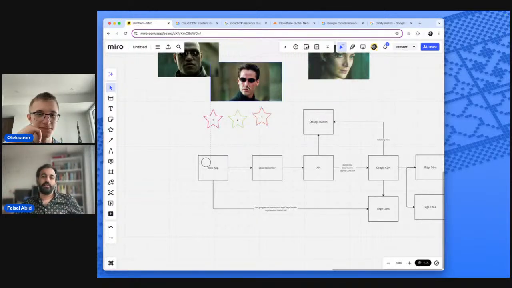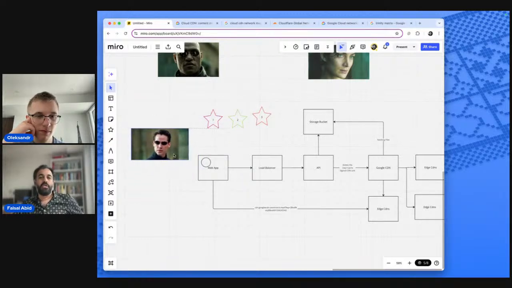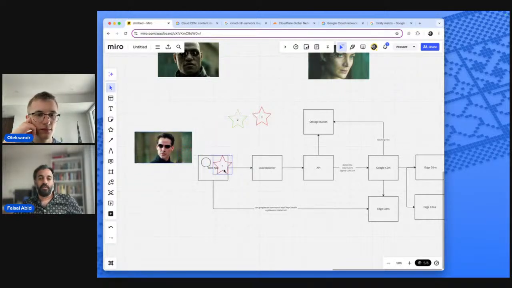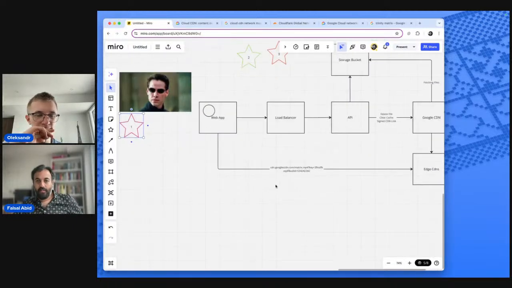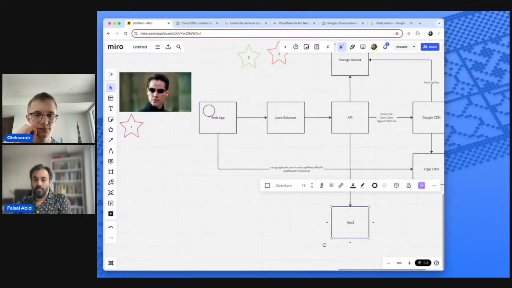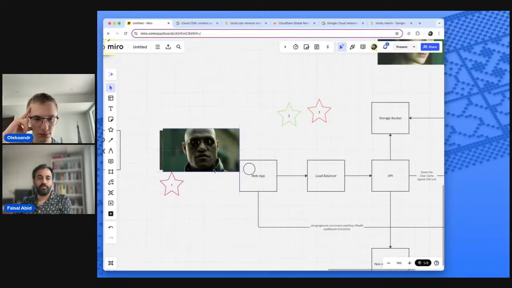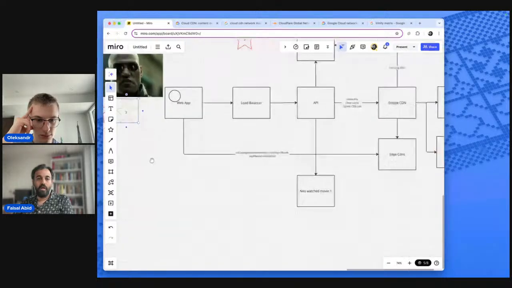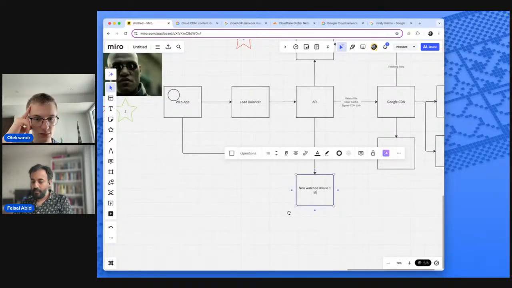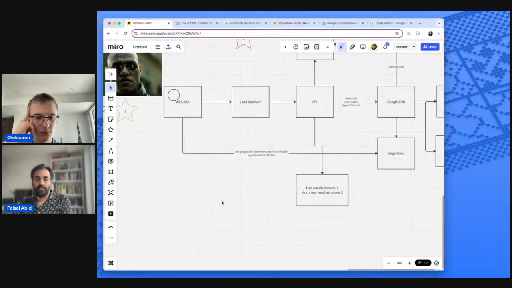I'm getting them served via CDN. So Neo comes on first, watches the first movie, and it does all the CDN stuff and comes back, right? Now somewhere in the database, what we are going to write is Neo watched movie 1. Then Morpheus comes on and watches movie 2. So there's the whole CDN stuff, and now Morpheus watched movie 2.